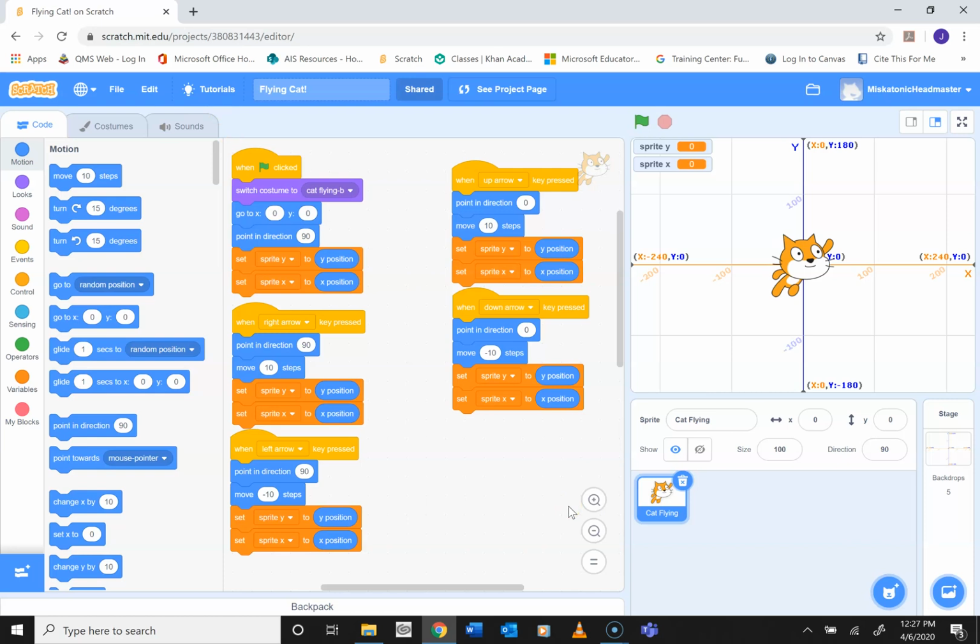So now we'll go up and down. So now I have something different. I have something going on here that you might have noticed. I have point in direction 0 on these, and I have point in direction 90 on these. I'll explain that in just a minute, but what it's going to do is make my cat face the positive Y direction. So I'll press up, and now he faces toward the positive numbers, and I'll walk him up to 180. When I press down, I go down to minus 180, and now I can go back up to 0, 0,